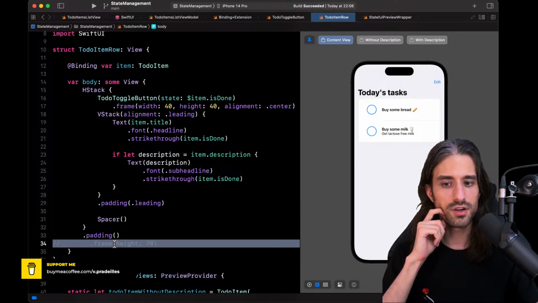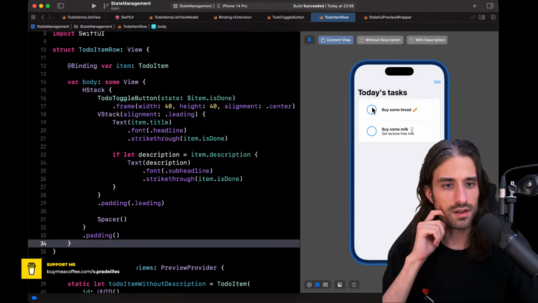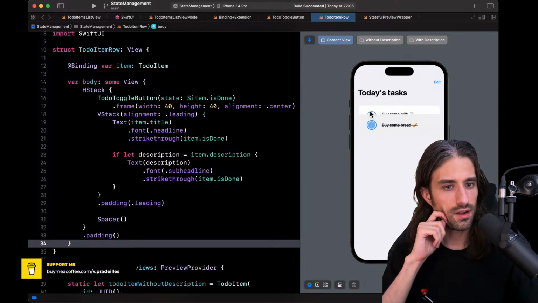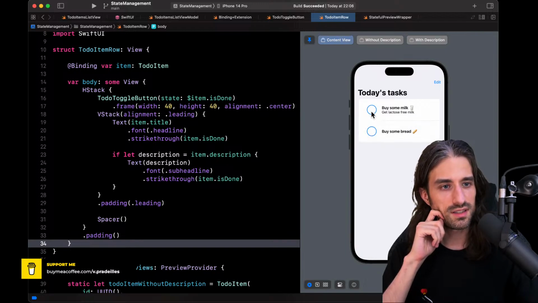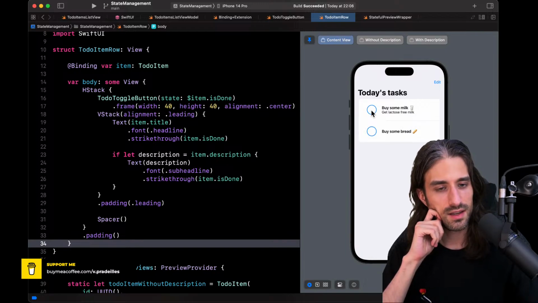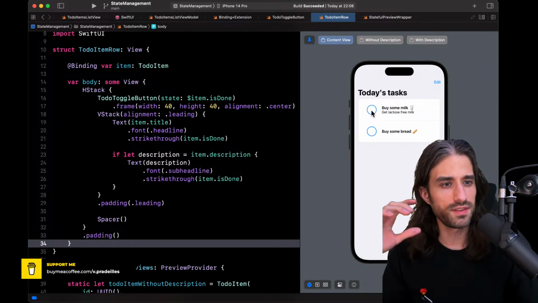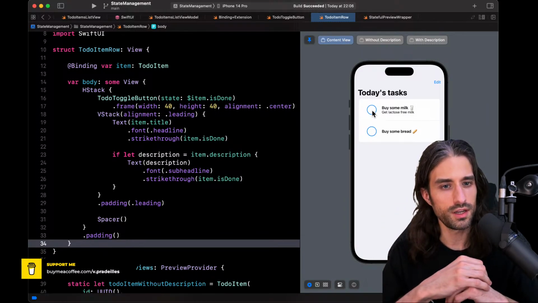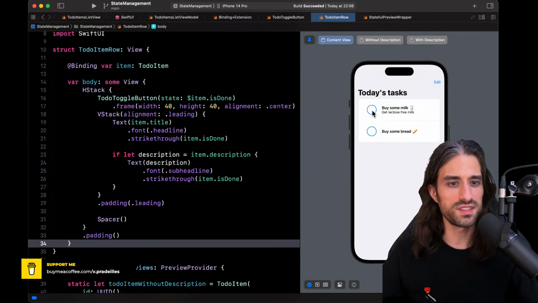need to hard code a frame for this for the cell? We don't need to hard code something. The list is able to use like the intrinsic size. Then the question is like, if in your design you want to enforce the fact that each cell should have the same height, you can also hard code it. But at least we see that